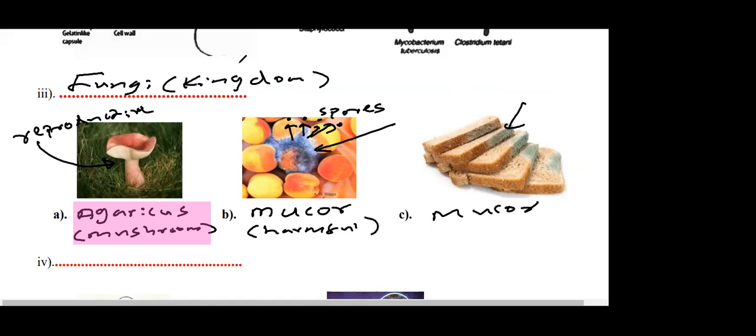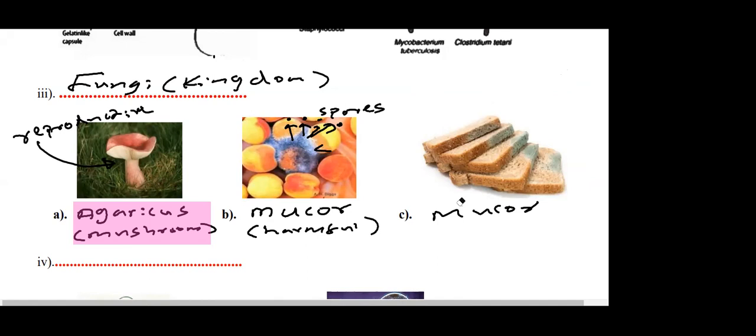On the previous page I told you other examples of fungus. Any other useful fungus? In the exam, if you get a question, write down two useful fungi to man. Yeast is a useful fungus. Then you can write Penicillium also. Not penicillin, which is an antibiotic; Penicillium is a useful fungus. In a short notebook, you can write separately useful fungus: yeast, Penicillium, then Agaricus.